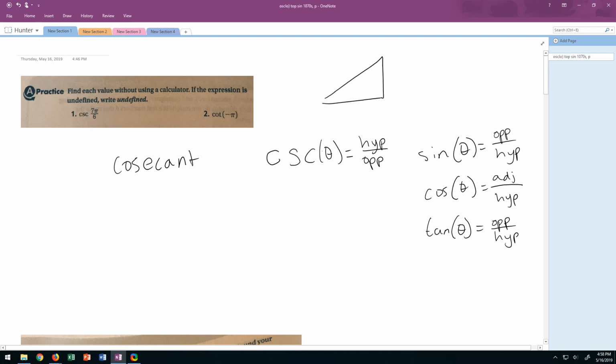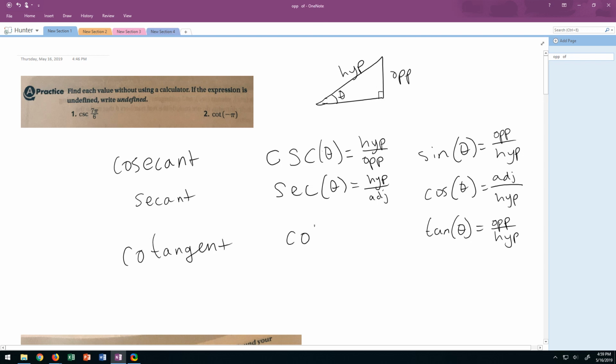So now we don't have the hypotenuse on the bottom, now it's on the top. We have the opposite over the hypotenuse. Okay? Now we have another one. This one's called the secant. This is denoted SEC, and the secant of theta is going to be equal to the ratio of the hypotenuse to the adjacent side. All right, now there's one more. This one's called the cotangent. This is denoted COT, and the cotangent of theta is equal to the ratio of